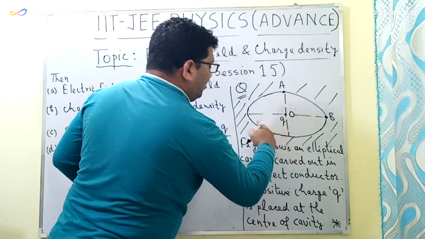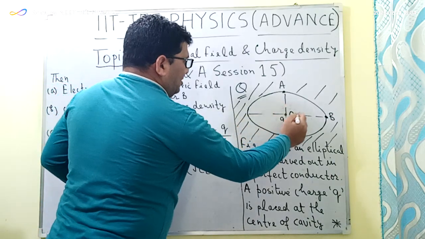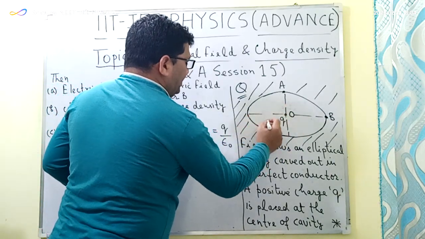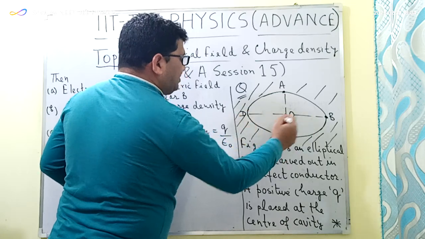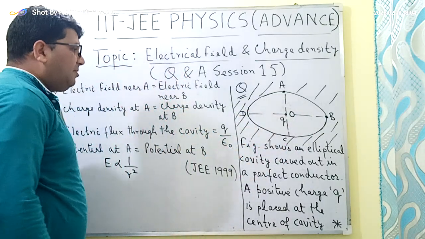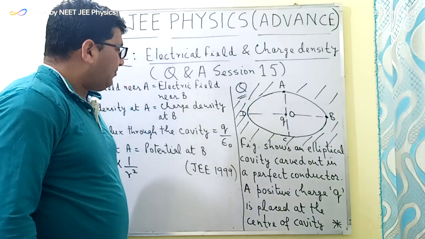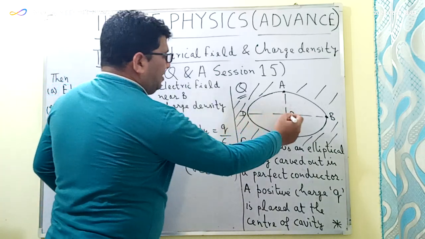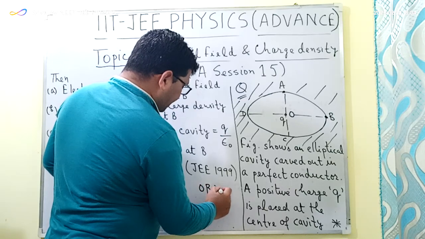I'm just drawing the major axis and the minor axis of this ellipse. Let us say this is the point C here and this is the point D here. So this DB is the major axis and AC is the minor axis of this elliptical cavity, and here OB